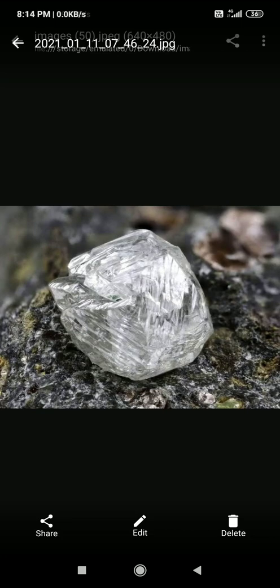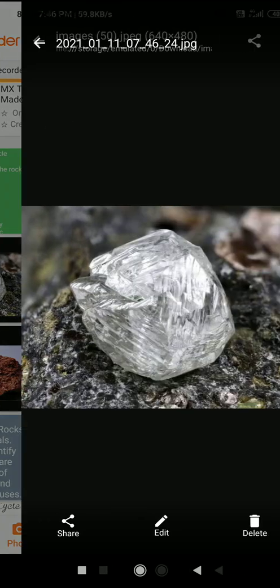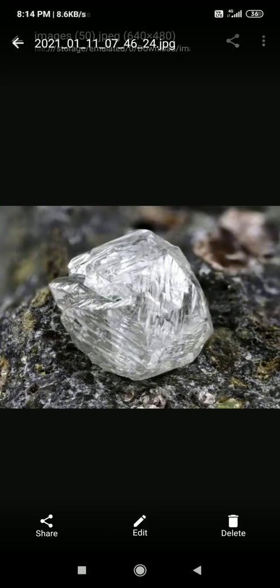So we have different minerals, so we will use them differently. Can we use this rock salt as a diamond? No, right? So based on some properties we will use them. Why are we using the diamond as very precious? Because it will be very shiny and very precious, right? Very shiny and long lasting, so we will use ruby and gemstones. These all things we will use to make jewelries.